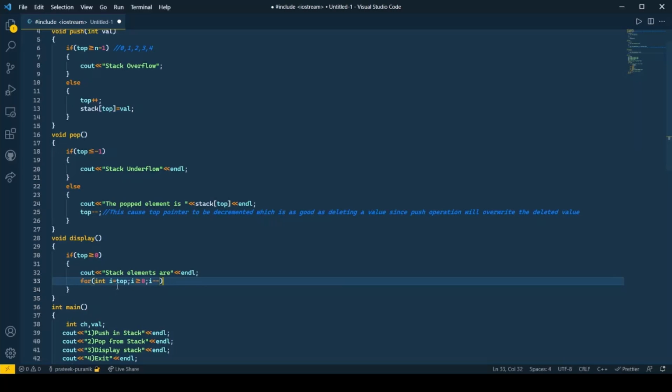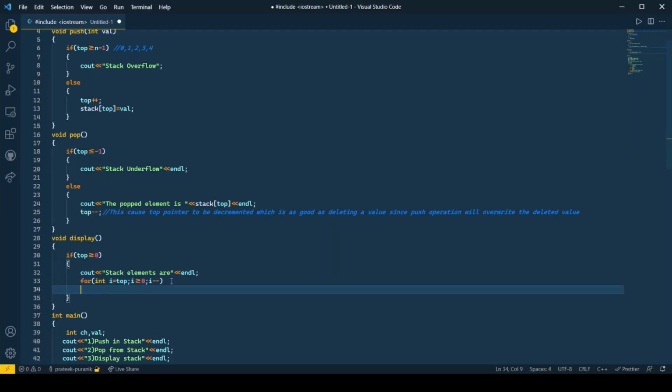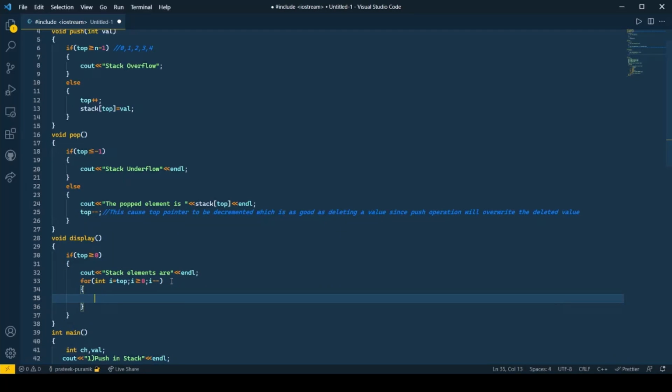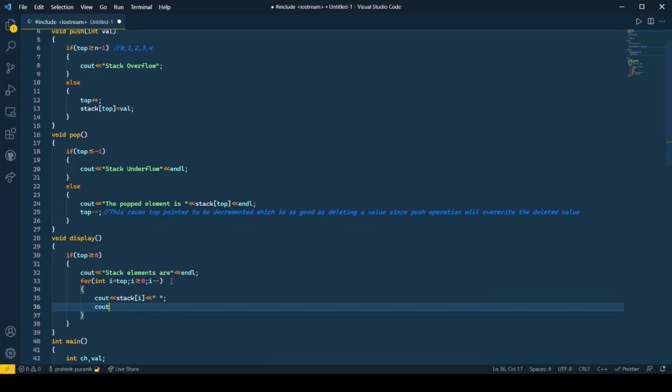That means if top of stack is pointing to 1, we'll decrement it to 1 and then 0. Then we are simply going to cout the value of stack at i, and print a space there for it to look better.